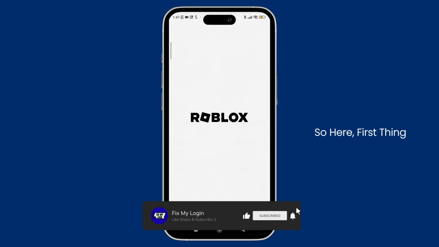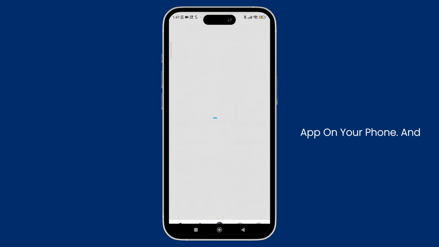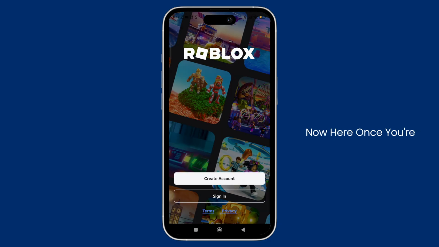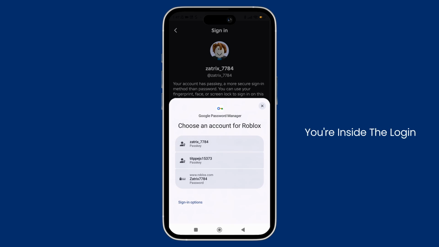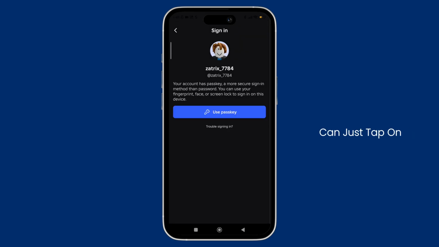So here, first things first, open the Roblox app on your phone. And now here, once you're inside the app, just tap on the sign in button. And after that, you'll be prompted to the login screen. Now here, once you're inside the login screen, you can just tap on forgot password or username, and after that